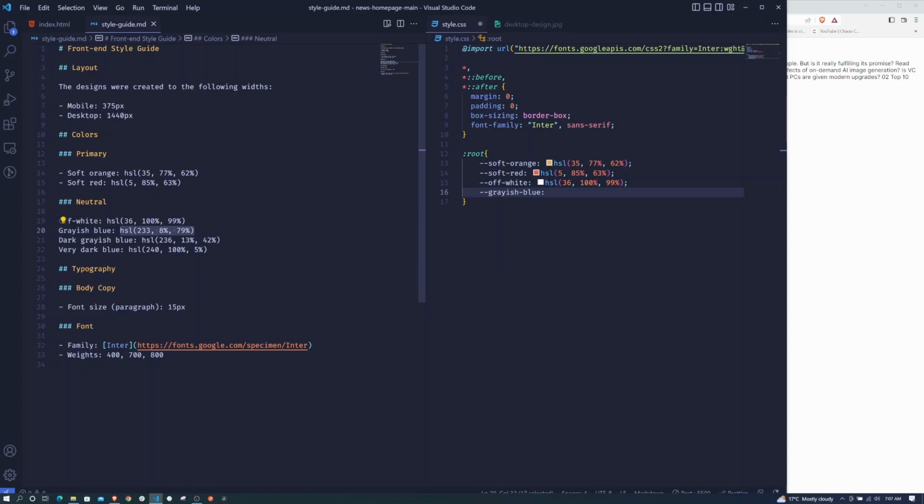I will copy and paste it, then we will have dark grayish blue, so dark hyphen grayish hyphen blue, then copy and paste it, and then we will have very dark blue, very dark blue, and I'll copy and paste it. Okay,